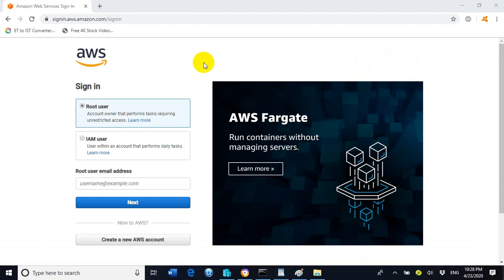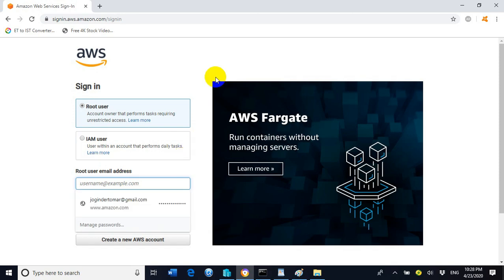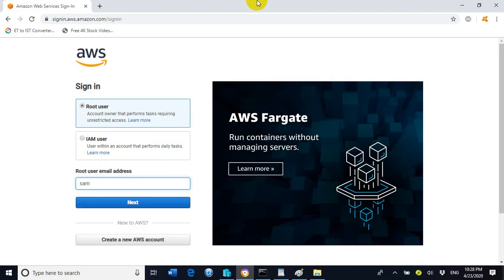Now we can see the sign in screen. We need to go with the root user. No need to modify the user. Now enter the email address which we had used for registering our free tier subscription. After entering the email address, click on next.